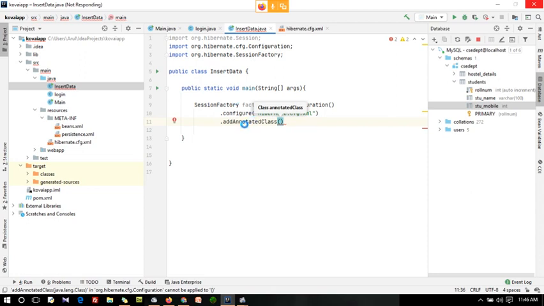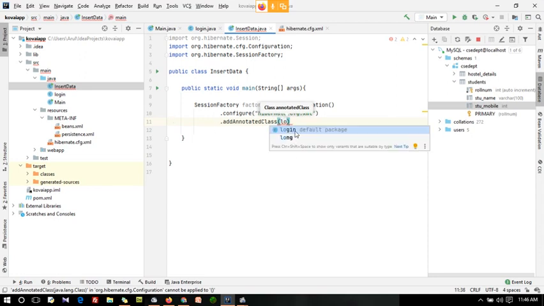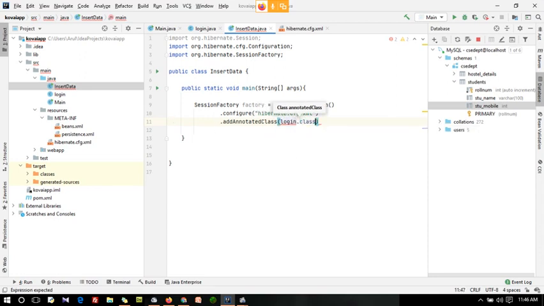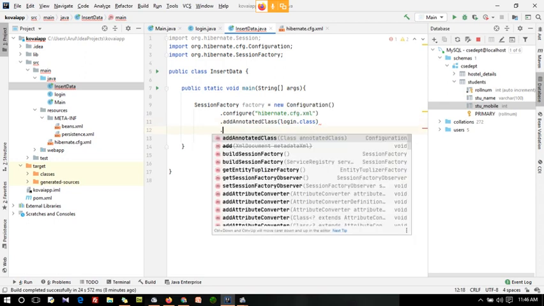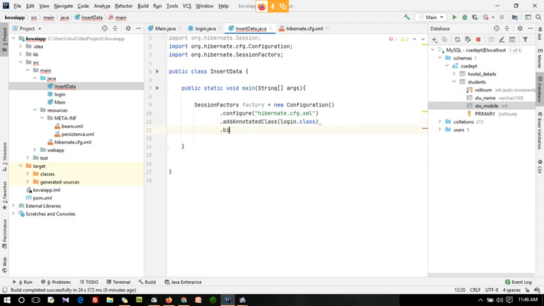Guys, are you clear up to this? Any doubt in this, guys? Inside this I am having login dot class, and then I want to build this session factory.